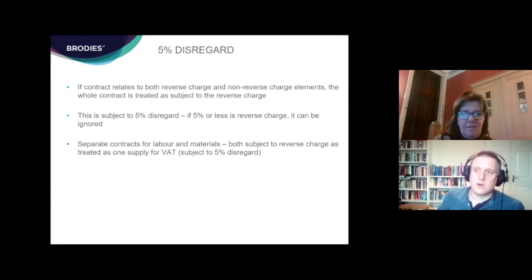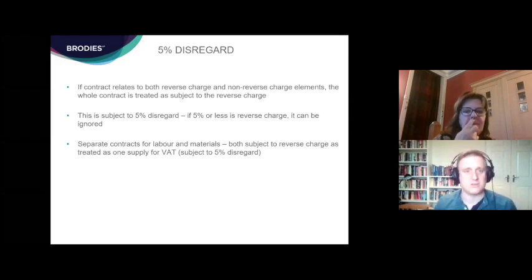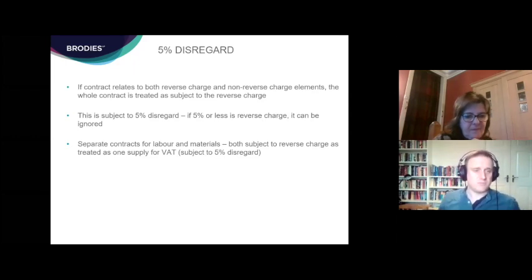There is also a helpful 5% disregard in the rules to stop people having to split hairs about whether the reverse charge applies, where you've got a contract where some of the services are within the reverse charge and some of them are not. If a contract has both elements in it, you treat the whole contract as subject to the reverse charge, unless 5% or less of the services are reverse chargeable, in which case you can ignore the reverse charge to save you having to apply it to a tiny bit, or for a tiny amount of reverse charge services, dragging an